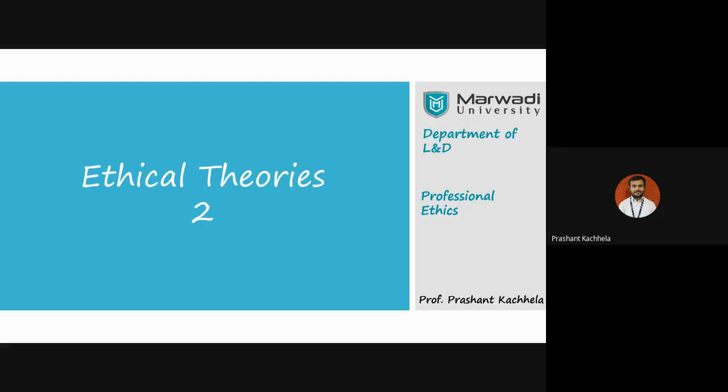We are going to do the revision of what we did previously. So let me tell you, this is the screen which is visible to you, which is saying ethical theory part 2. So obviously, in the previous session, we completed ethical theory part 1. In that ethical theory part 1, we started with basic ethical principles. As a part of basic ethical principles, we had a discussion regarding 6 basic ethical principles: beneficence, least harm, then autonomy, justice, peace, truthfulness. So all these basic ethical principles were discussed as a part of it.